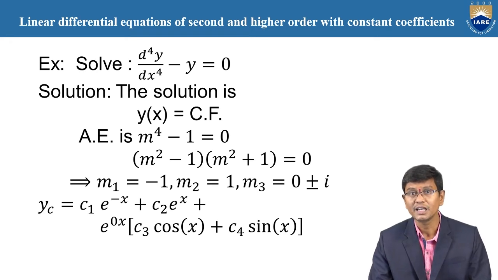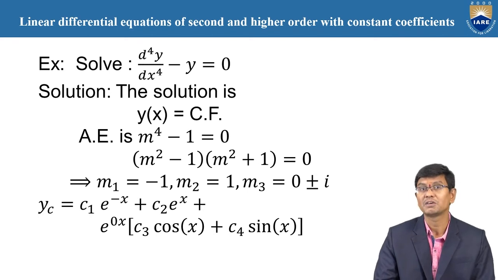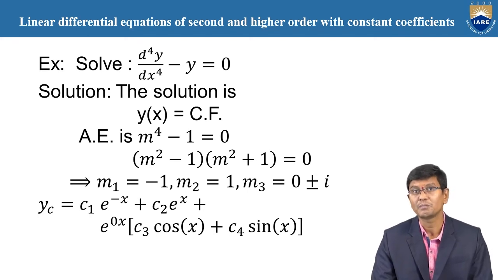Therefore, by solving here using synthetic division, the solutions are (m squared minus 1)(m squared plus 1) is equal to 0. Therefore, m squared minus 1 is equal to 0 gives m is equal to plus or minus 1. And with m squared plus 1 is equal to 0, you obtain the roots plus or minus i only. That means two roots are real and different, and two roots are complex roots only.